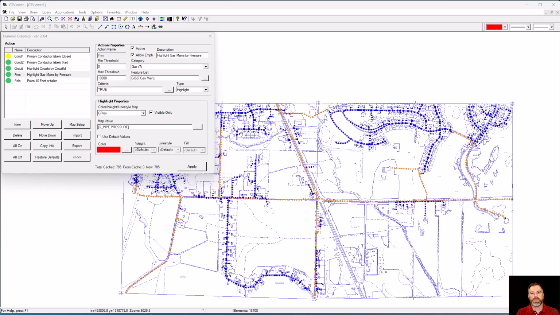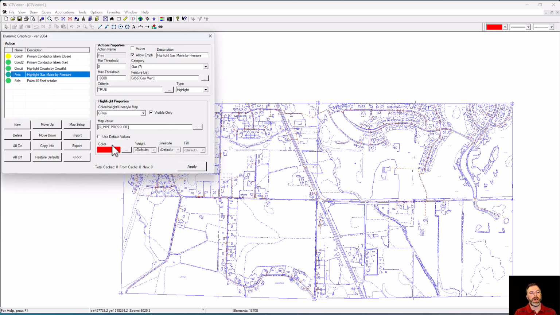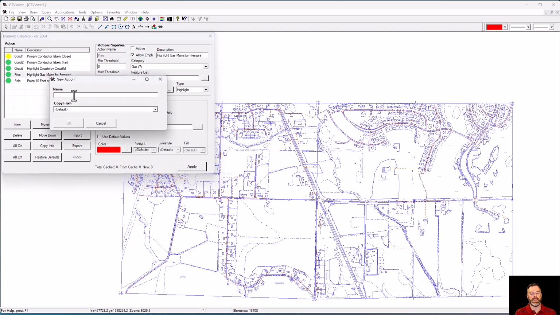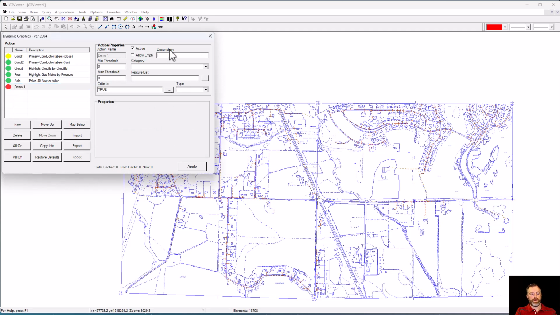Okay, so now I want to go through and create a highlight from scratch. And I'm going to turn off the highlight gas mains by pressure. And I'm going to say new. I'm going to give it a name. I'll call this demo 1. And I'm not going to copy it from another action because I want to define everything myself. But you could select one of the previous or existing actions and it would just copy all of its values into it. But I'm not going to do that. I just want to create a fresh one, and this one's going to be a highlight